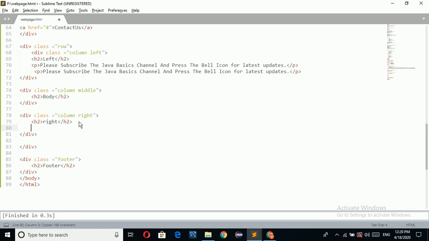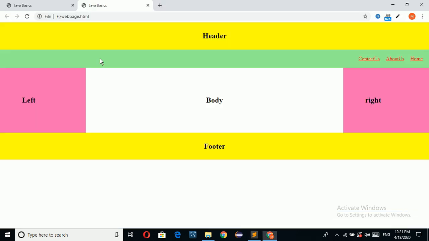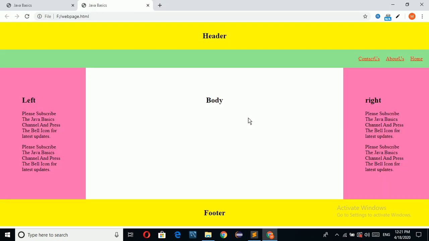So the same content I am taking on the right side also. So now my web page is ready. So here the header section is created, footer section is created, left navigation is created, right navigation is created, and body part is created. This menu bar is created. In this menu bar we have three components.